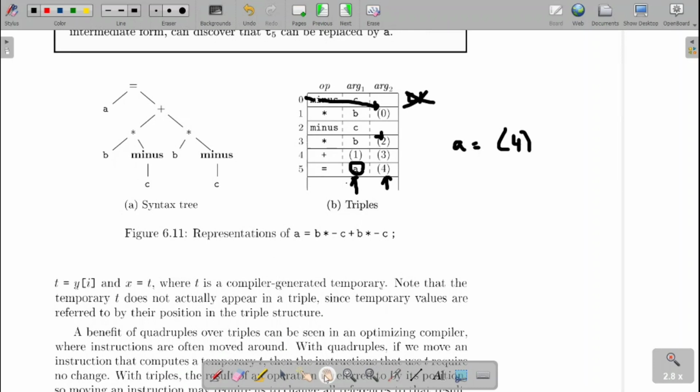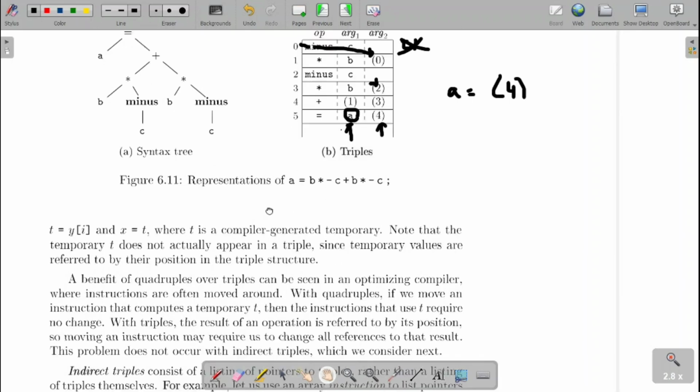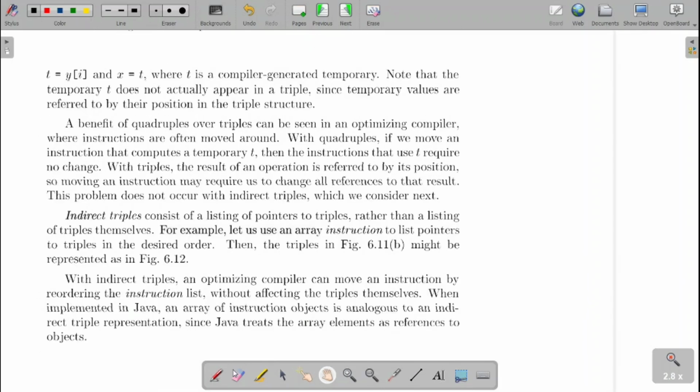Then one more variation to this will be your indirect triples. So in the triples, we are making the things directly pointing over there. That is, directly we are going to that location, 0, 1 and 2. Suppose I want to rearrange. The entire table needs to be rearranged. If I want to make some minor corrections, then the entire content is to be rearranged. Right? So is there any method with which we can avoid this?